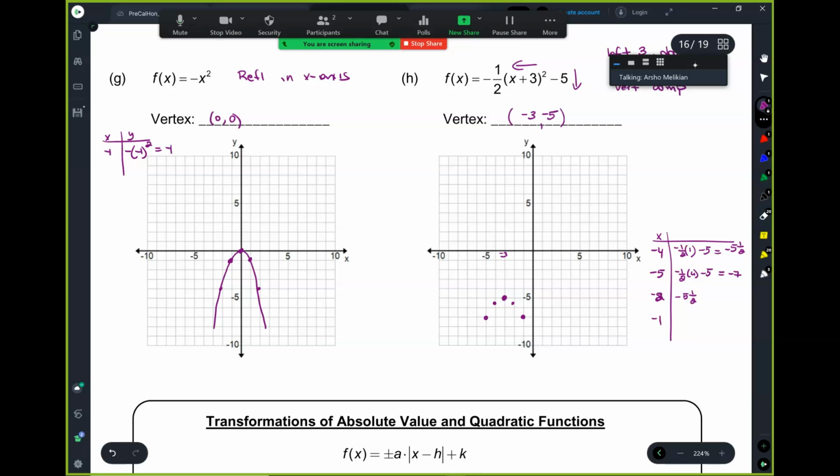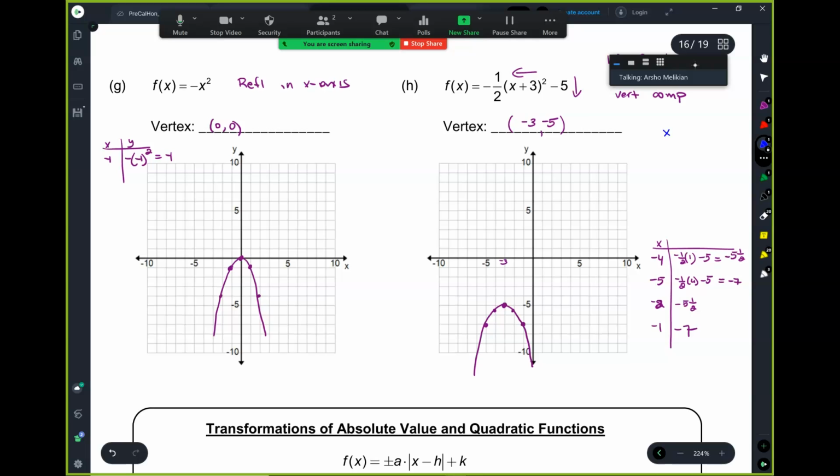And -7. Okay? Okay, now, let me show you another trick to make your chart so you can see the symmetry a little